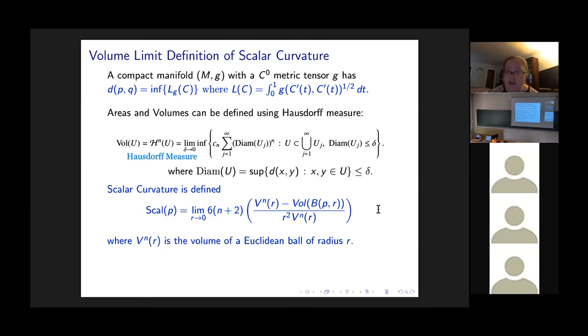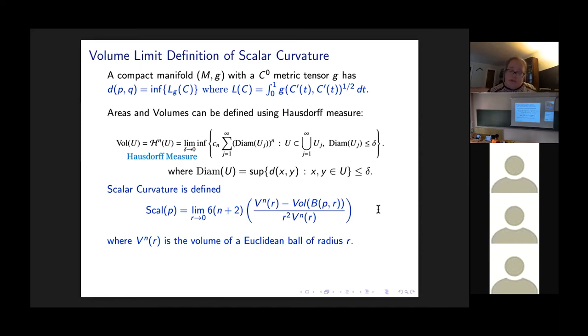Scalar curvature is also defined as the trace of the Ricci curvature, but that involves taking second derivatives, and that involves using a Ricci tensor, which involves having a notion of an inner product on the space, as well as having a metric tensor. So the scalar curvature is very hard to define in limit spaces if you don't have all that